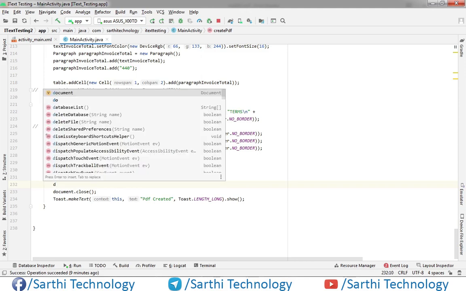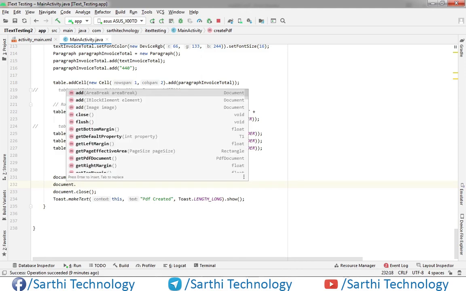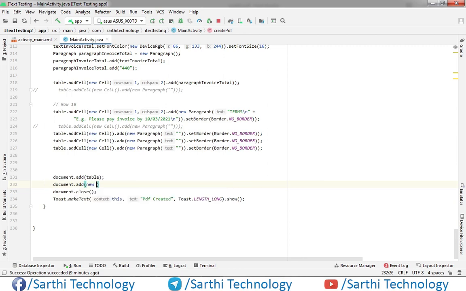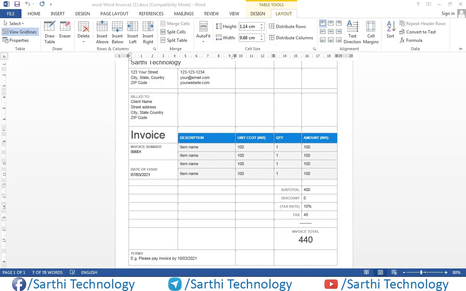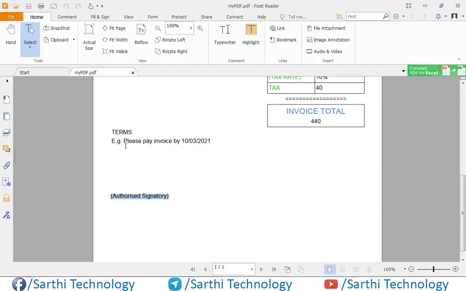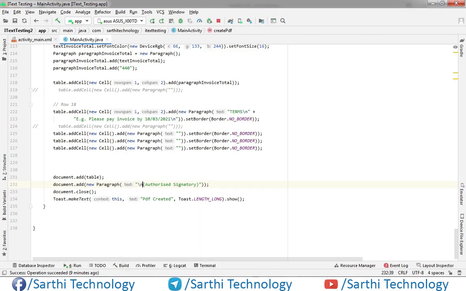So document dot add new paragraph, and this text put semicolon, and also make some new lines so it will increase the distance from this. Okay, and here just new line, new line, new line, new line.